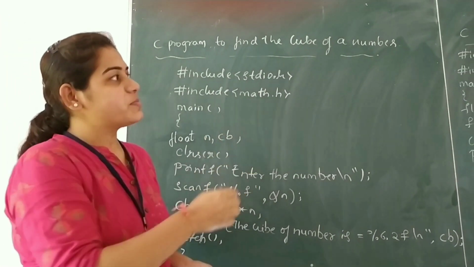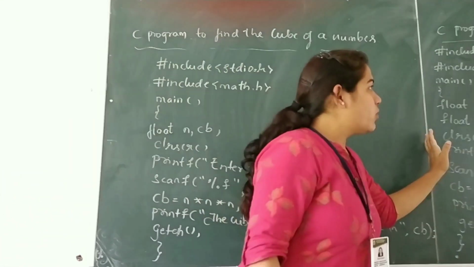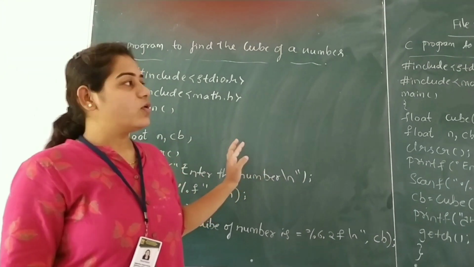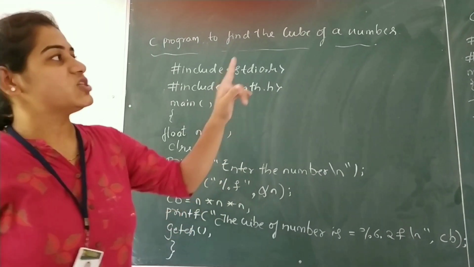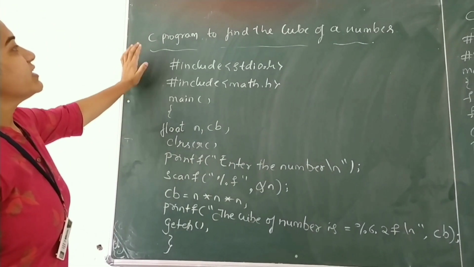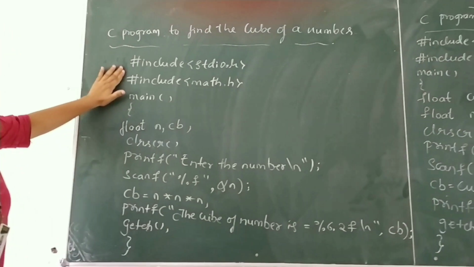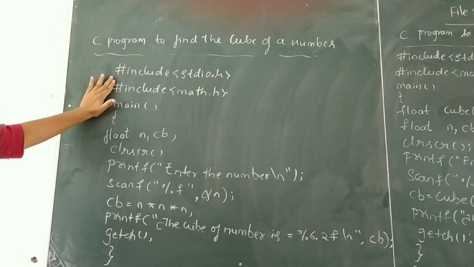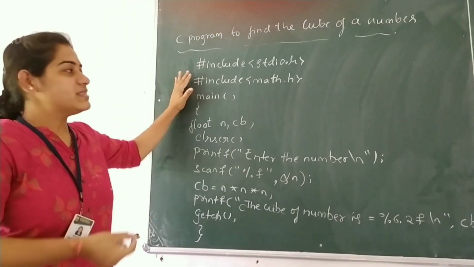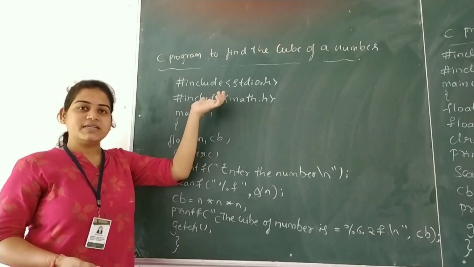To find the difference between the normal program, that is without using functions, and the program using functions, first we will discuss the difference in both, and then we will look at the application of file inclusion in this example. Here we want to find the cube of a number. First, these are again file inclusion directives, but they are not here for the file inclusion purpose. Since these are the standard directives, every C program starts with them.